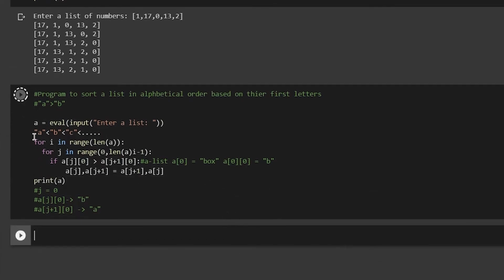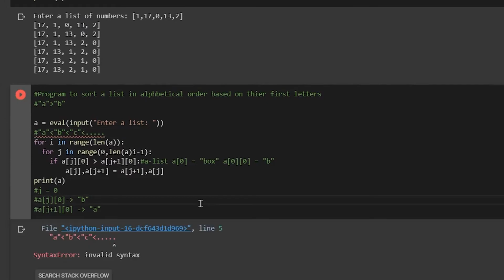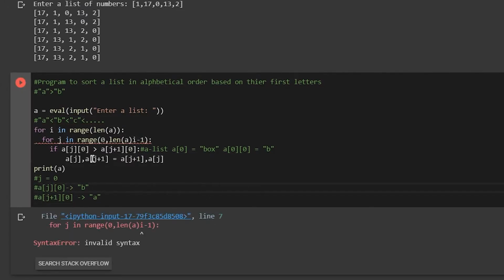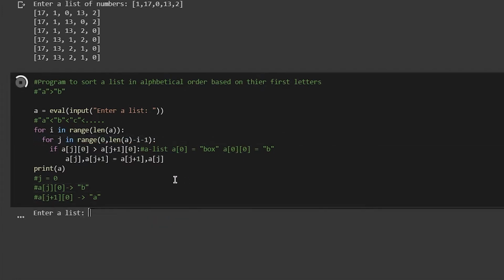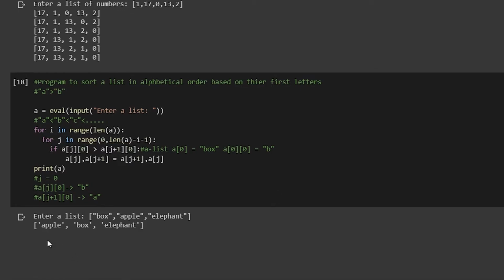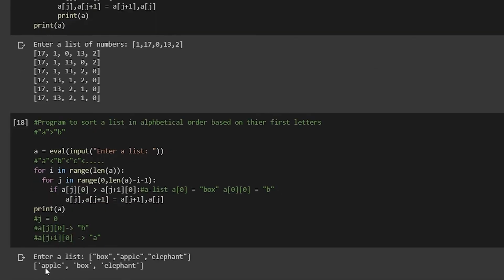So I'm just going to print the list at the end. Let's enter this list here, and you can see it gets sorted in alphabetical order based on their first